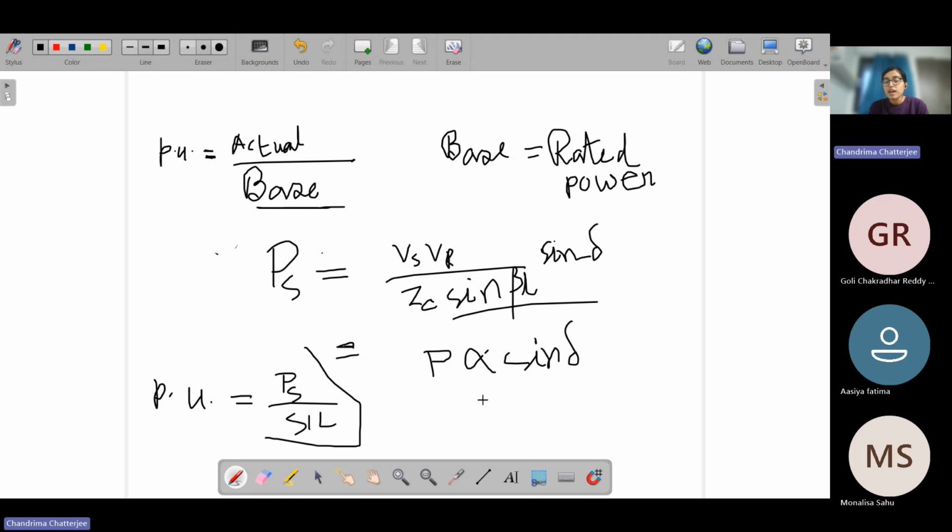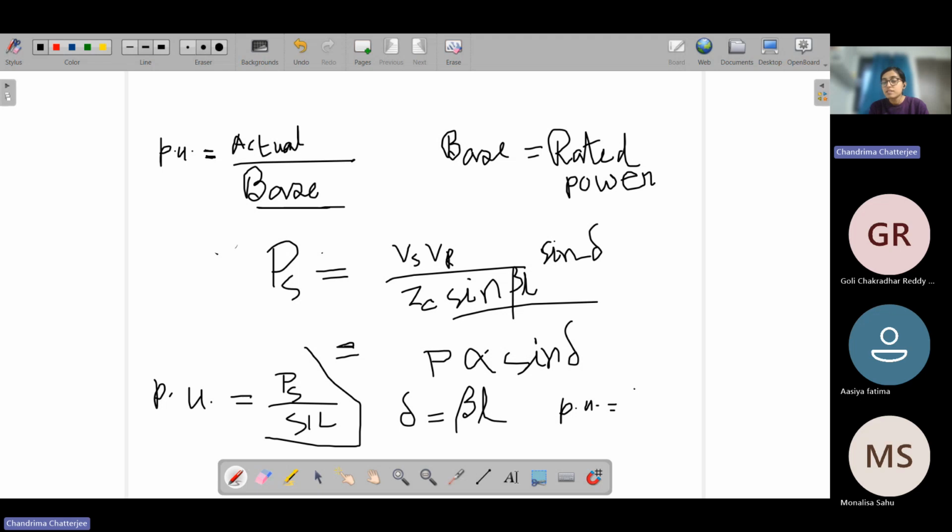And when there is surge impedance loading, at that time delta is equal to beta L. So if you just divide them, all these things get cancelled. So your per unit power you can calculate easily